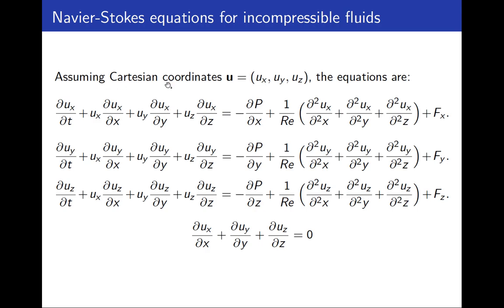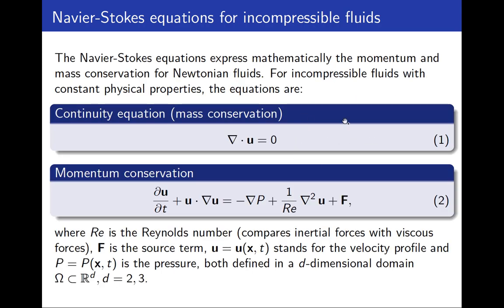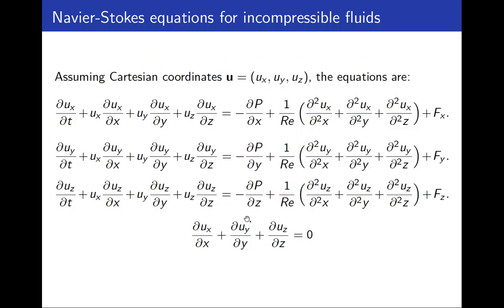So if we assume Cartesian coordinates, that means that the velocity will have 3 components: one velocity in the x direction, another one in the y direction, and another one in the z direction. So these equations, the ones that are here, can be expressed as follows. This is a very complex system of partial differential equations where we have temporal derivatives, we have convective terms